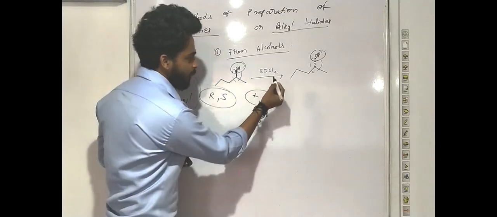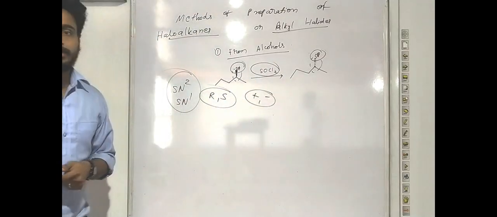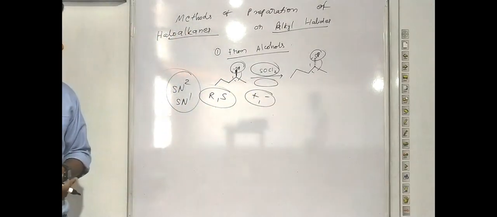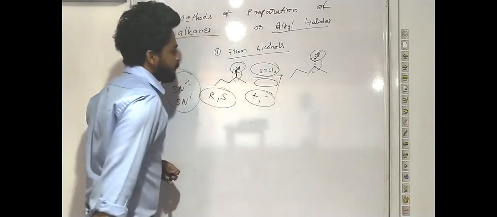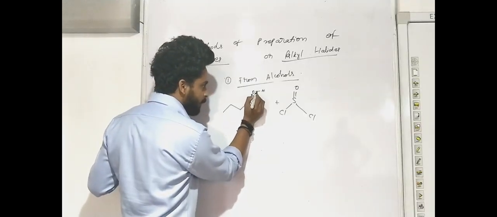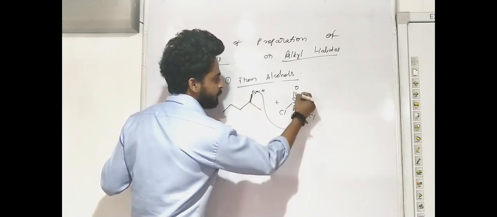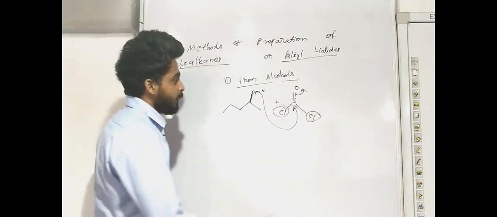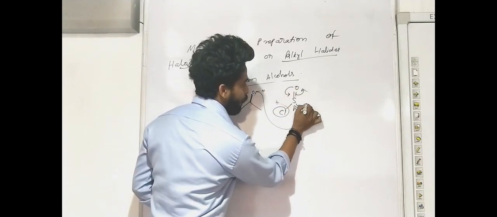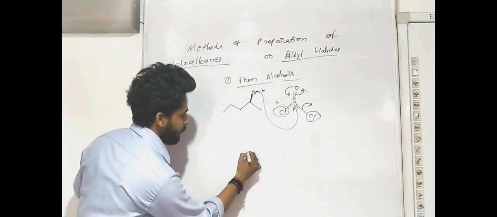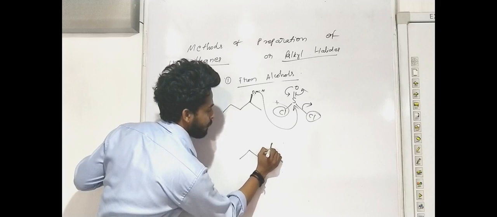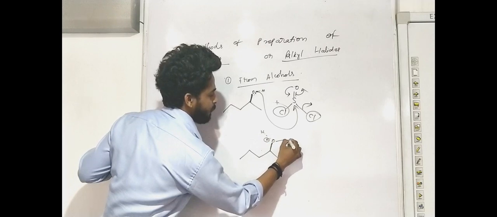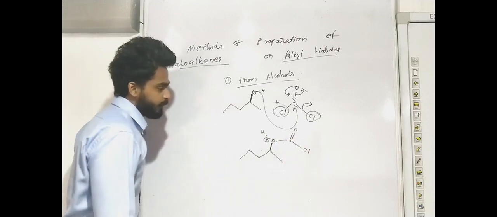Here we are using a reagent called thionyl chloride, that is SOCl2. We may need some pyridine base with this reaction, like our solvent. Now the mechanism of this reaction: the oxygen lone pair will act as a nucleophile and this bond will break because of the dipole moment in this direction, because of the two electronegative groups. Here this bond will form and this chlorine will leave. So we will get an intermediate here with the same stereochemistry, there is no change in stereochemistry. That is the intermediate that we will get.